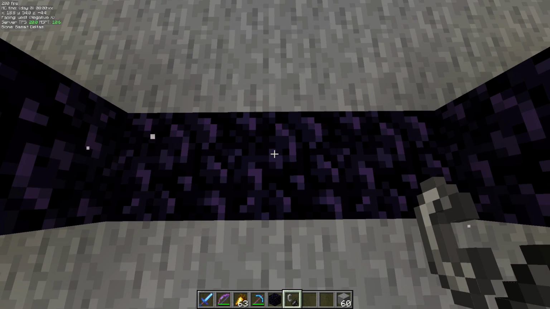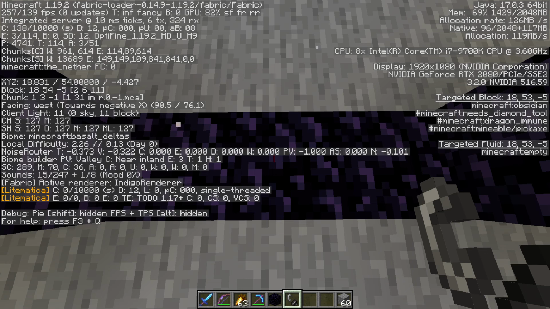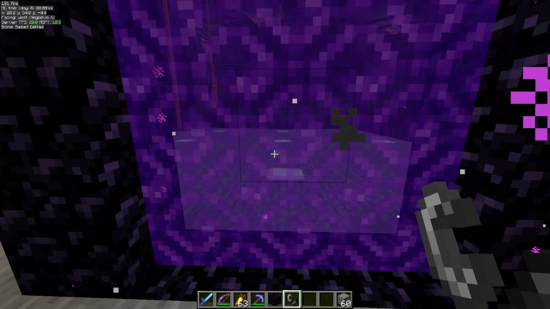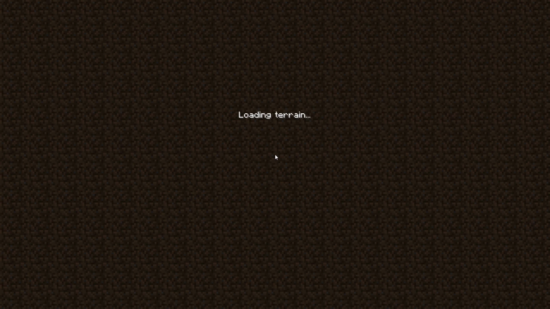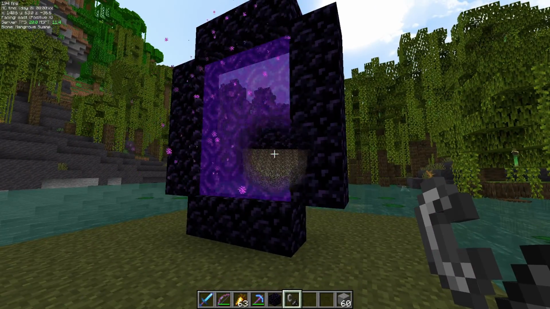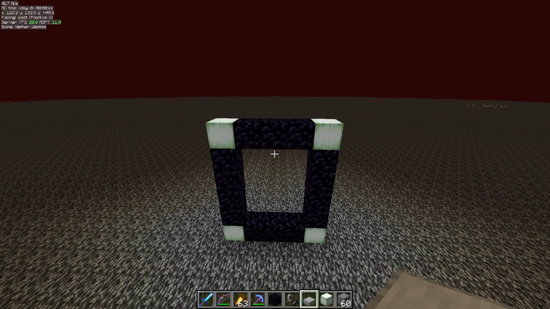as we can see once again, by looking at the right middle of our screen, you'll see it says 18 and minus 5. That's the coordinates we were looking for. We'll light it, and we should be able to come out through the mangrove swamp where we built it to begin with. And there we are. One of the last things I wanted to mention was, if you're playing on a server